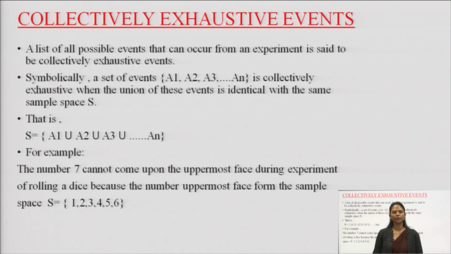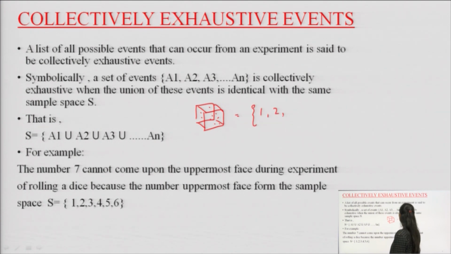For example, if I am rolling a dice, I know my possible outcomes can be 1, 2, 3, 4, 5, 6. So, all these numbers which can come while I am throwing a dice are mutually exclusive events. They are collectively exhaustive events because they are the possible outcomes which can come. The possible events that can occur from an experiment are called